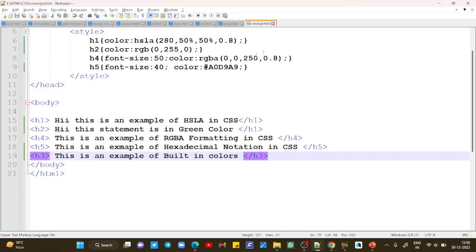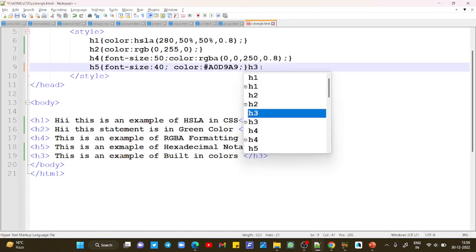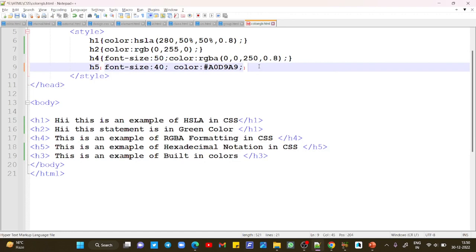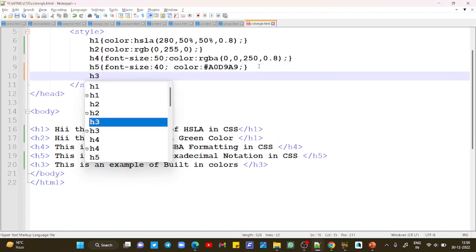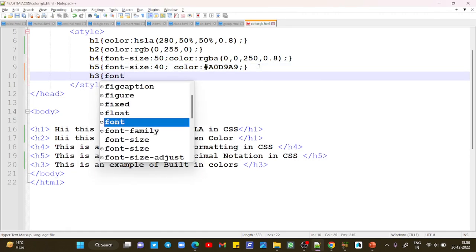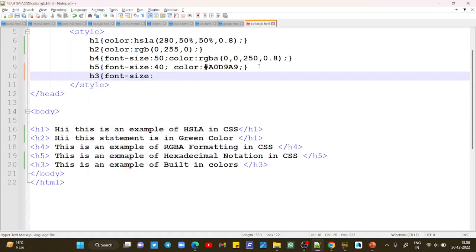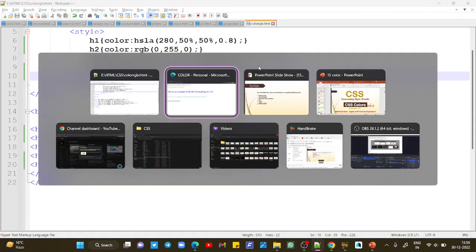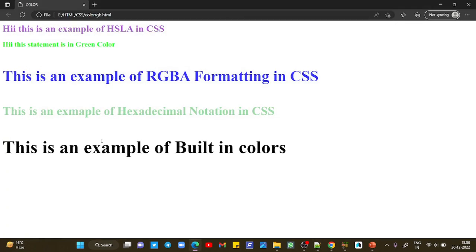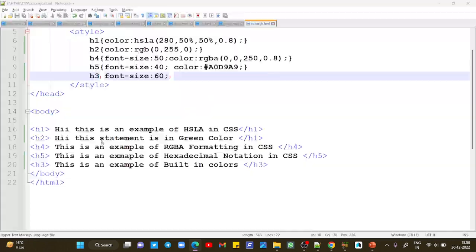Let's give H3 some properties over here. Let me give it a bigger font size so that it will be clearly visible to all of you. Save and refresh. Now in the case of built-in colors, you can give a direct color name as we have done previously.